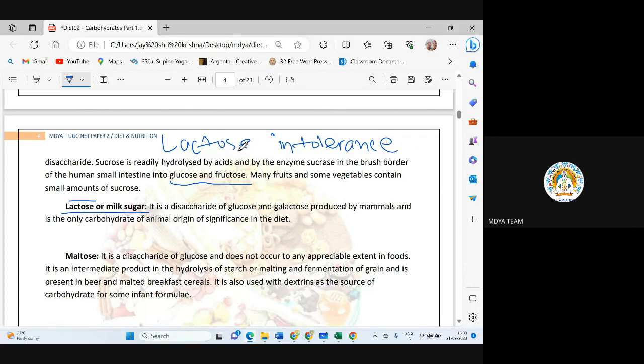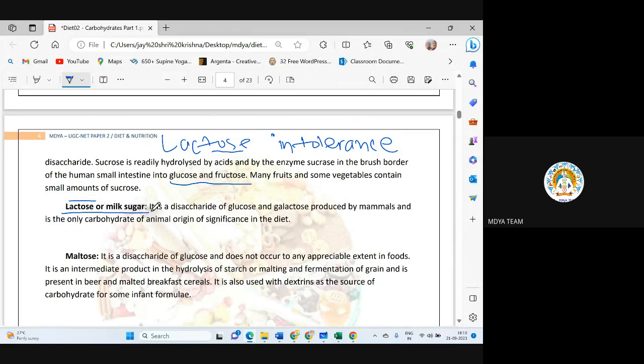Many people are allergic to lactose. So those people who have an allergy to lactose can't digest milk and should not have milk. They actually avoid milk. That's why lactose intolerance is connected to milk, because in milk only lactose is present